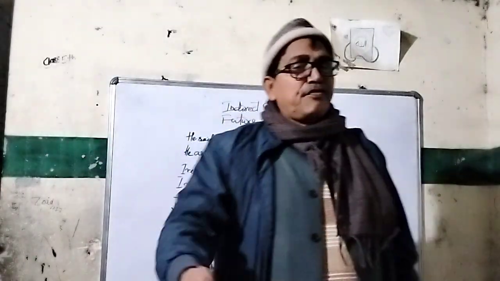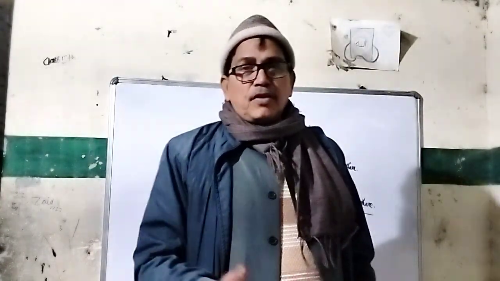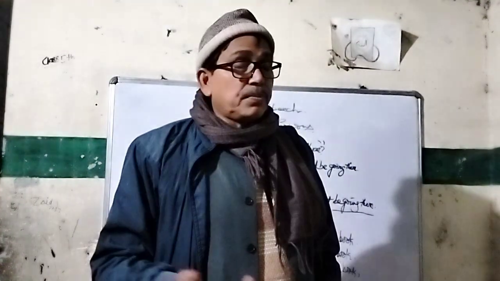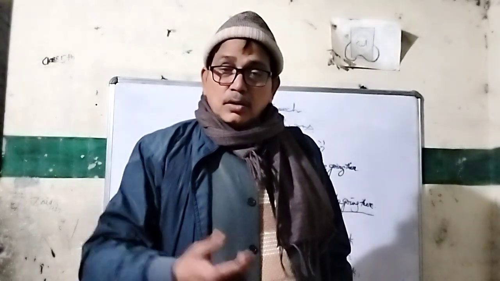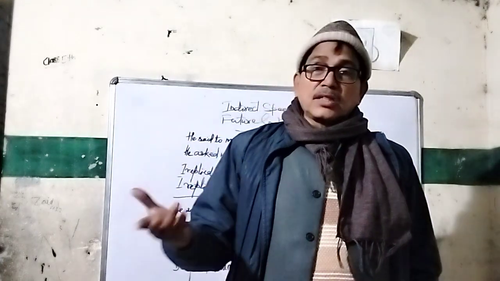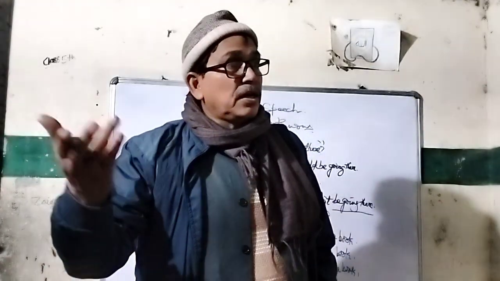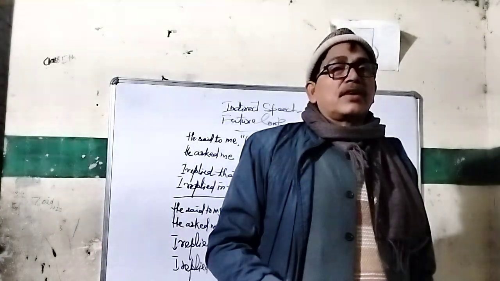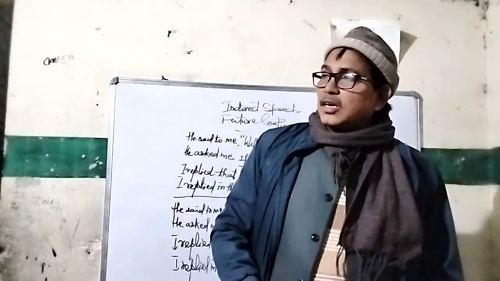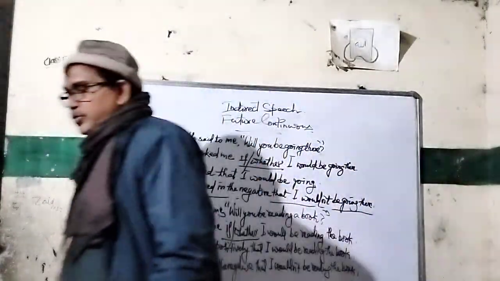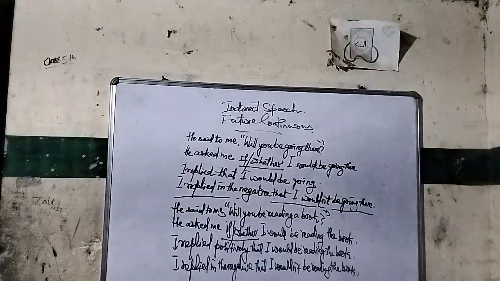Whatever the verb, if you say, "Will you be writing a letter?" I'll say that he asked me if I would be writing a letter, or whether I would be writing a letter. "Will you be opening the door?" or "Will you be going to Bombay?" "Will you be on the way?" So I'll say that he asked me if I would be on the way, if I would be going to Bombay, if I would be going to market. In future continuous, wherever there is will, we just change will into would, and that will be indirect speech in future. So in this way, I am sure you will get other forms of change in the next videos.